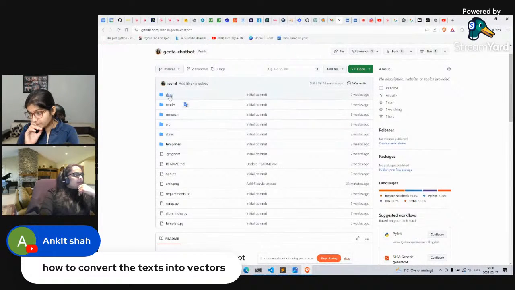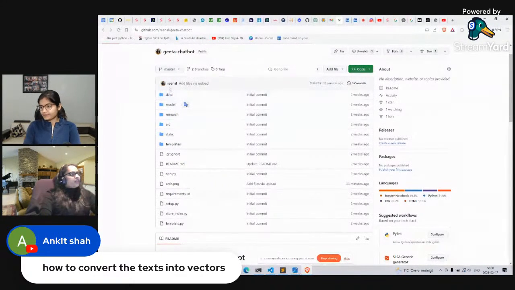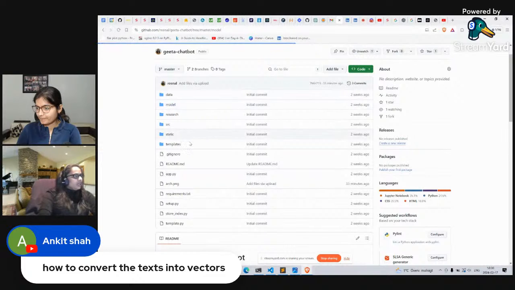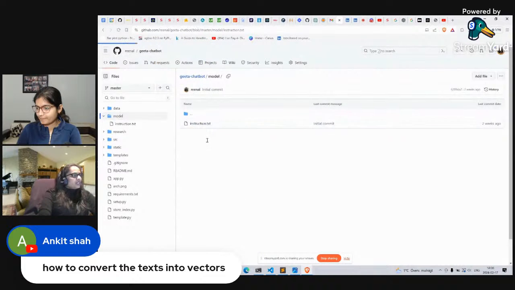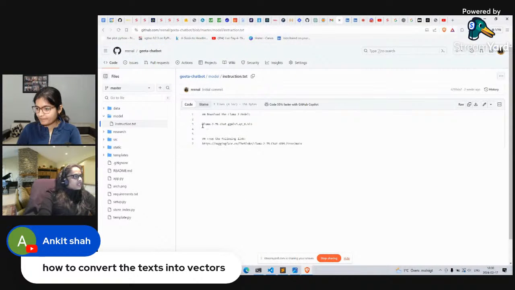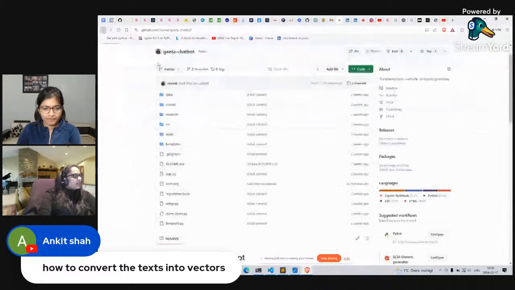So quickly, I will give you a glimpse of this GitHub. There are different folder structures. In the data folder, I have the data. In the model folder, I have the instruction file, and this is the Llama model which I have used. Here I put the instruction for downloading it, and here the research notebook.